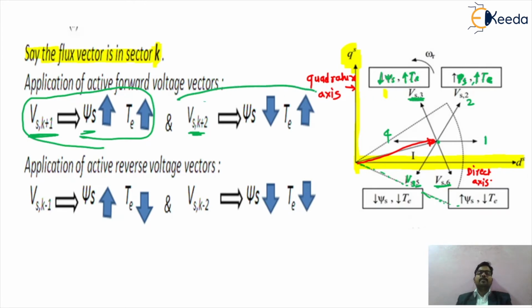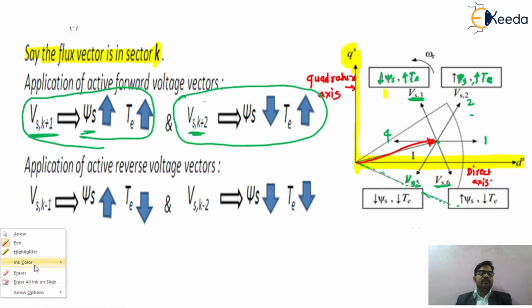So this is for your forward voltage vector. These are the terms which will be represented. I can write this with the help of a different color. Again we can get a very important concept in concern with that. So this will be the forward direction.